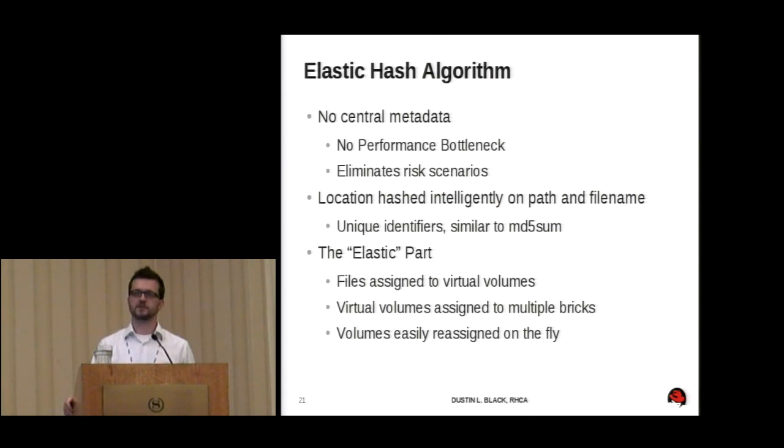You can imagine Gluster doing the same thing every time a file is accessed in the system. It is calculating a hash, and it's using that hash to understand where in the distributed namespace that file is located. And because every server is going to calculate the same hash, every server always knows the location of the file. This is the primary thing that's keeping us from having to use that central metadata server.